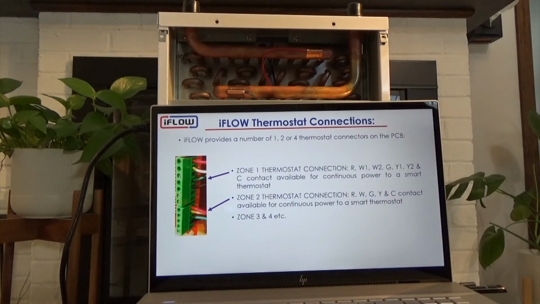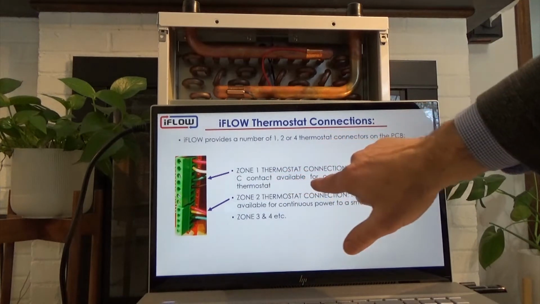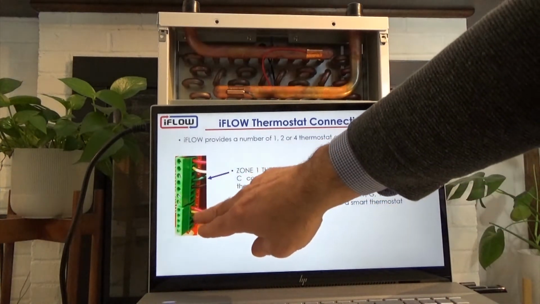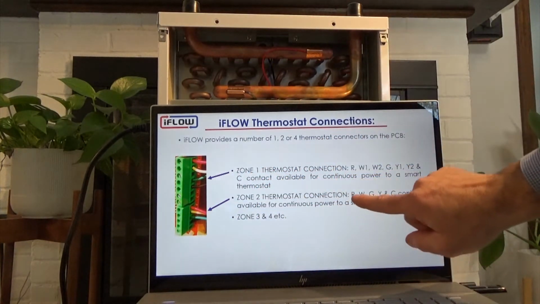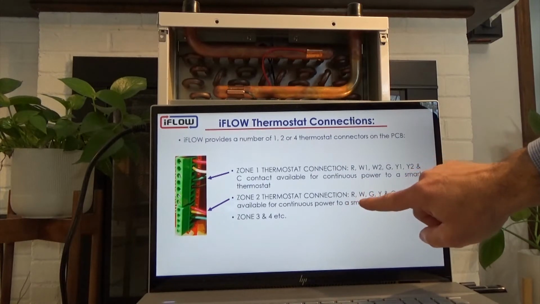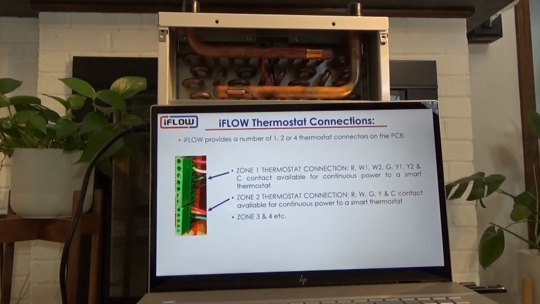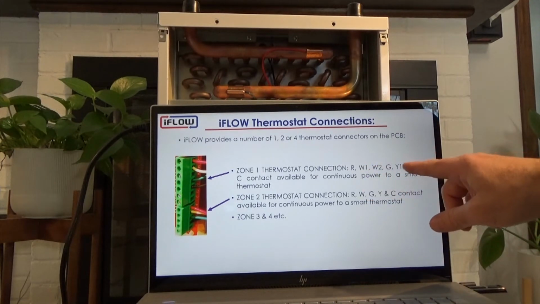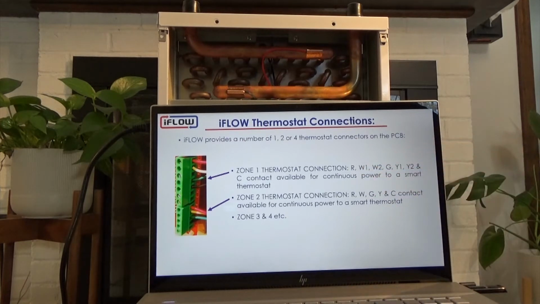We can run with any communicating thermostat. We do supply the C for if it needs constant power. So not a problem at all. For zone 2, we supply R, Y, or R, W, G, Y, and C. So each of your zones can have a communicating thermostat. In terms of Y1 or Y2, W1, W2, it really doesn't matter. Our system will look at it and adjust the